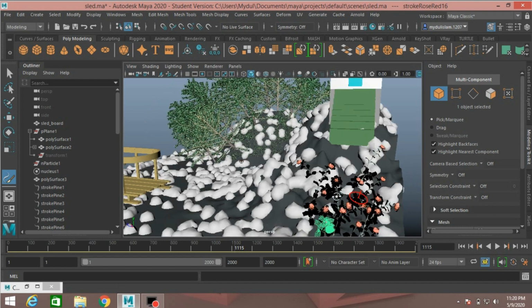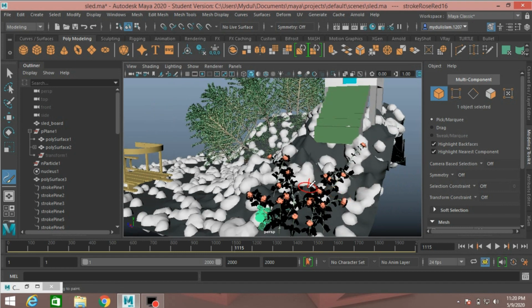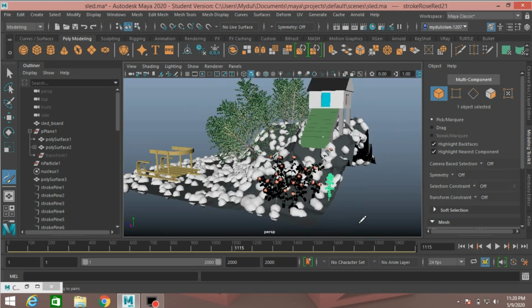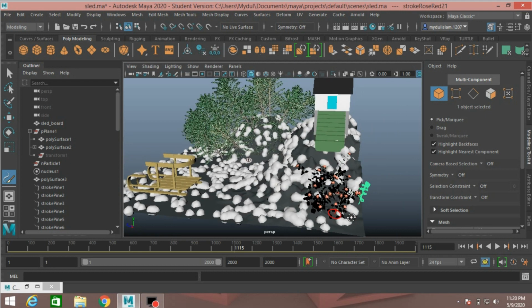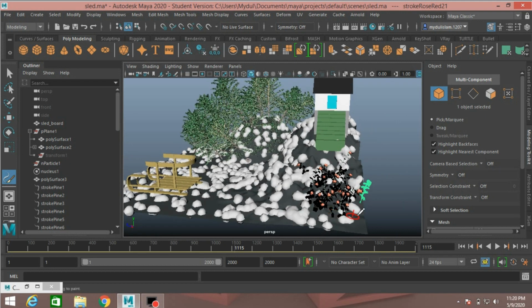Draw like this. This will act as a flower garden in front of your little house.